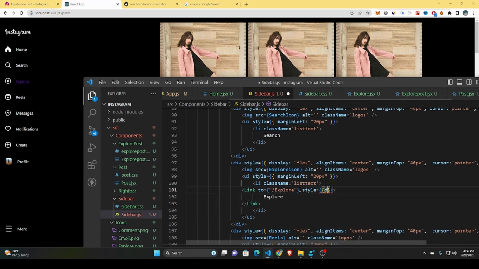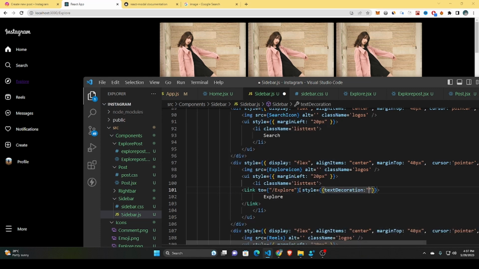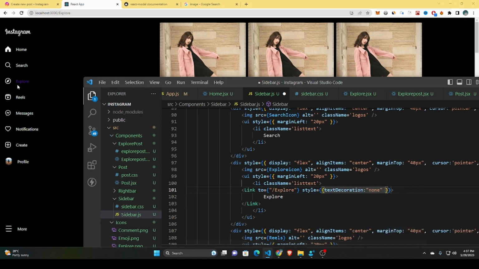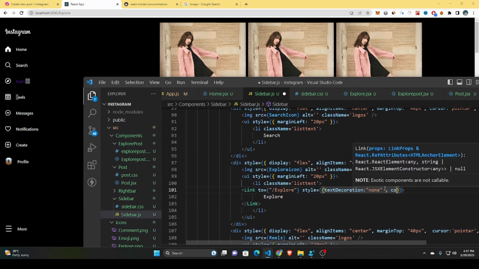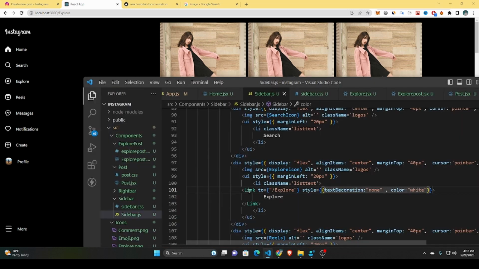So let's give it a style. Our text decoration will be none. Text, and we need a color white. Yeah, so okay, so now do the same thing for,